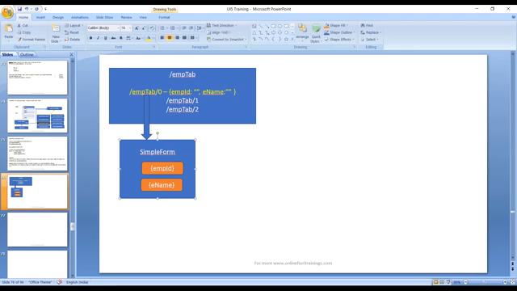So the entire simple form was bound to the path emp tab slash 0. This is what it was connected to. And within this path, there is a relative path called employee ID and employee name, which is supplying the data to your input field. This was called element binding, where we connect